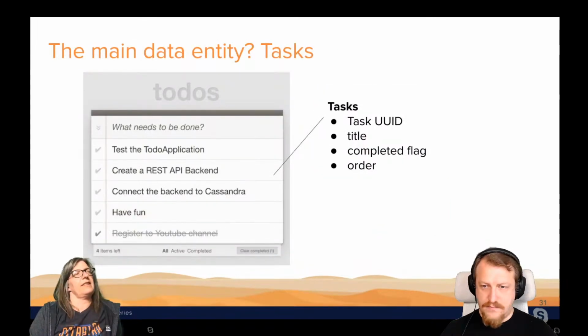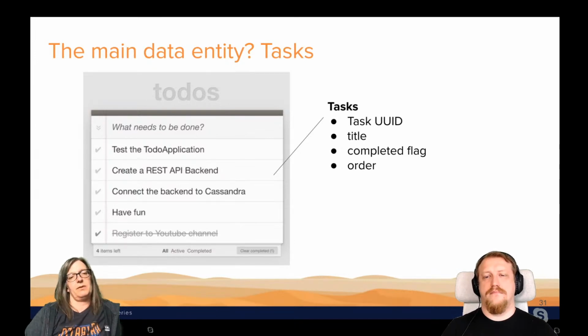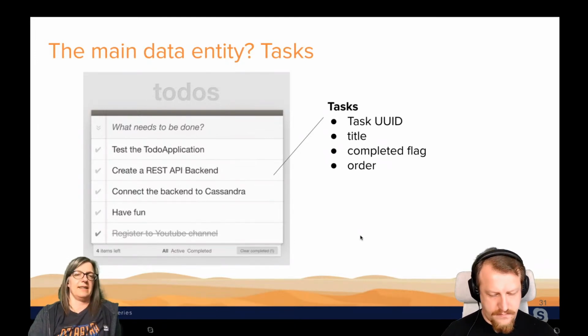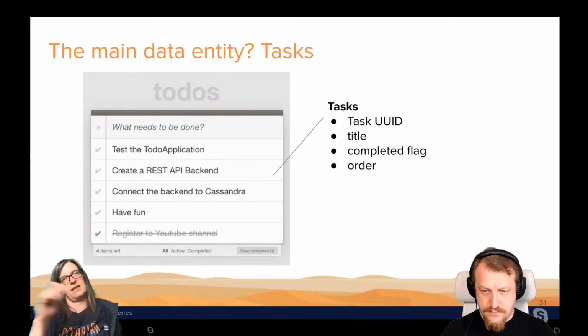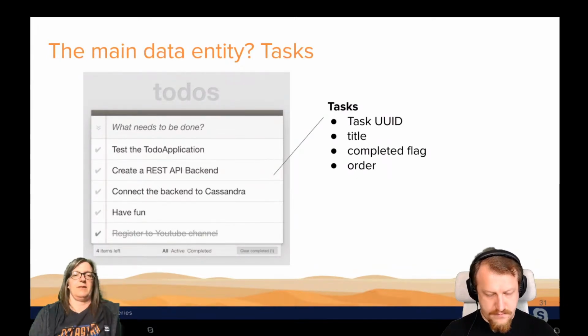And so if you think about what the data needs to look like to do that, we want to be able to uniquely identify tasks. So we want to have tasks of a certain ID. For example, we could have several tasks of the same name. For example, I feed my cats every day. So I would have feed the cats, mark it as complete, feed the cats, mark it as complete again. So I probably want to have a new ID for each of those tasks, even if they have the same title. I want, of course, to have a title in order to be descriptive about what the task is about.